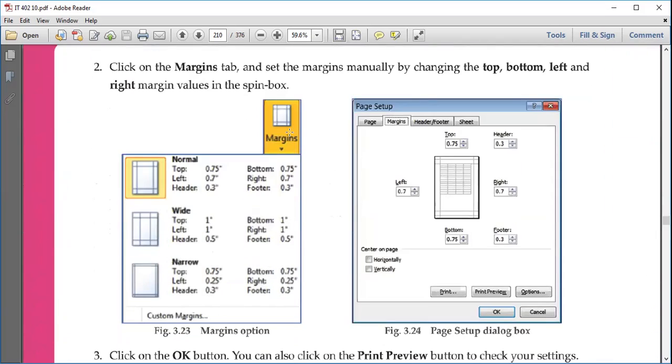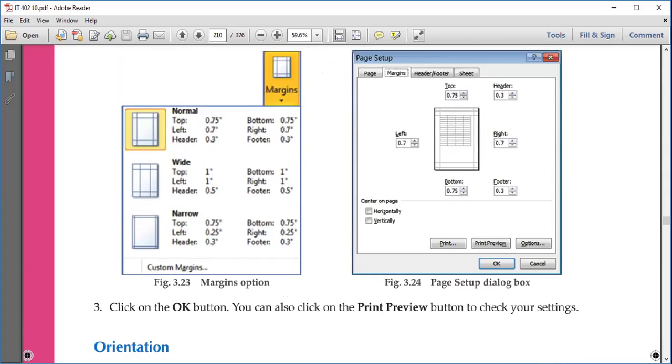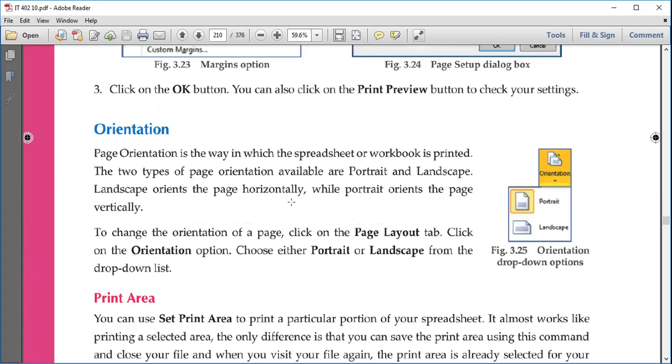Now when you click on the custom margin, you get this interface from where you can just type the margin that you want to give from top, bottom, left and right option. Right? You just have to type, like this is 0.75, you can change it to 0.5, 0.25, 1, whatever number you want to give, that is inches. This displays the things in inches, right? So just type the margin that you want to give, and then click the OK button.